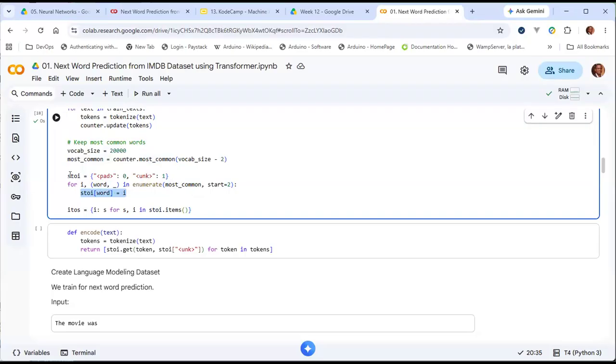STOI is basically string to index. Essentially, this allows us to get the index number of a particular string. So you're going to get all the words in this counter. That's why you're enumerating the most common, which was in the counter. You're enumerating it and using it to fill in. So at the end of the day, when you finish, the STOI is going to give you